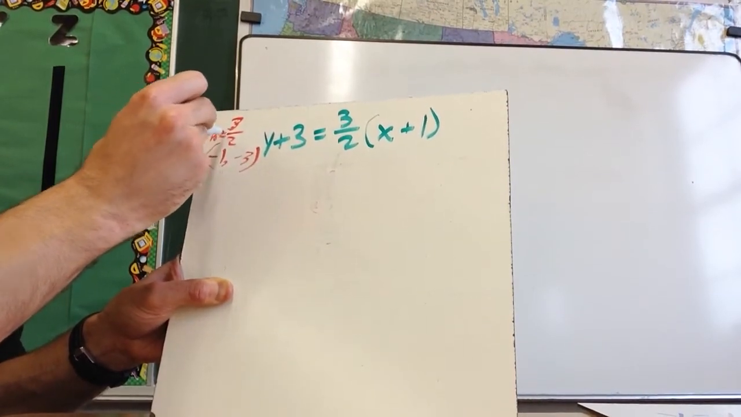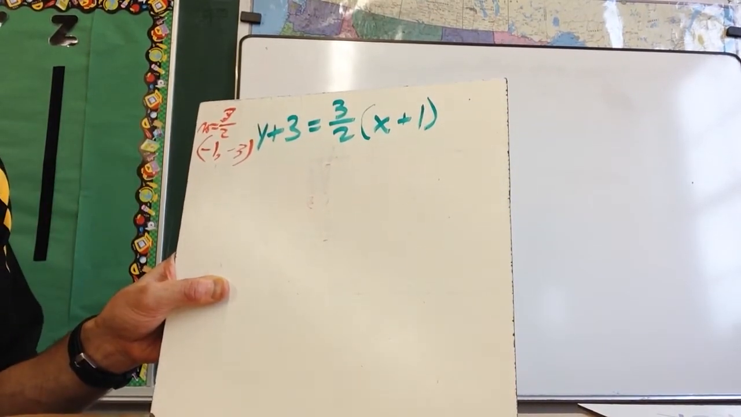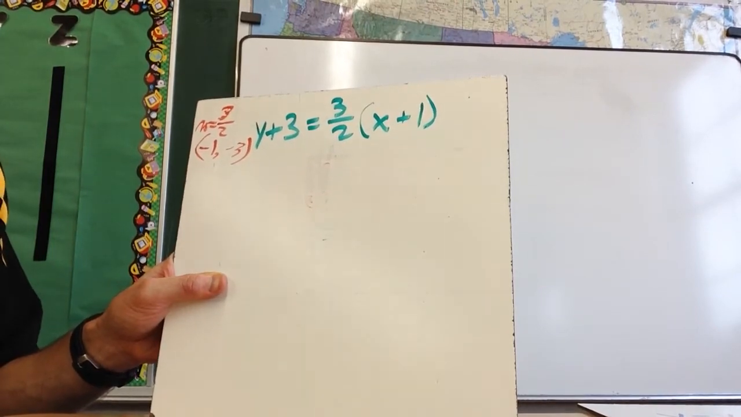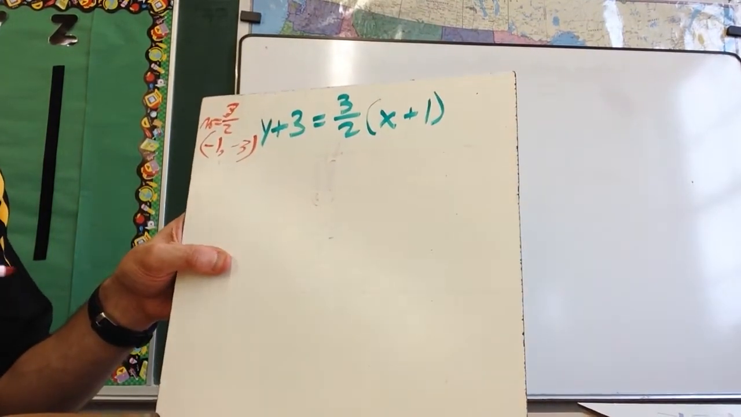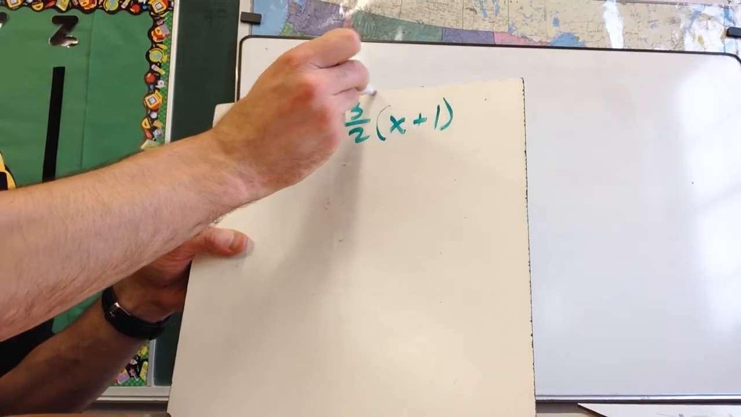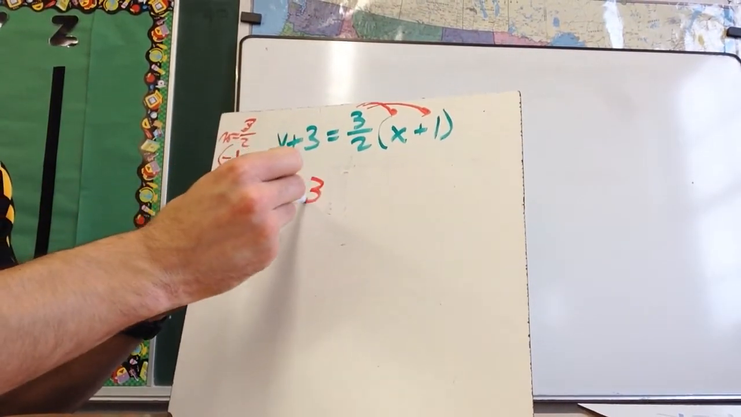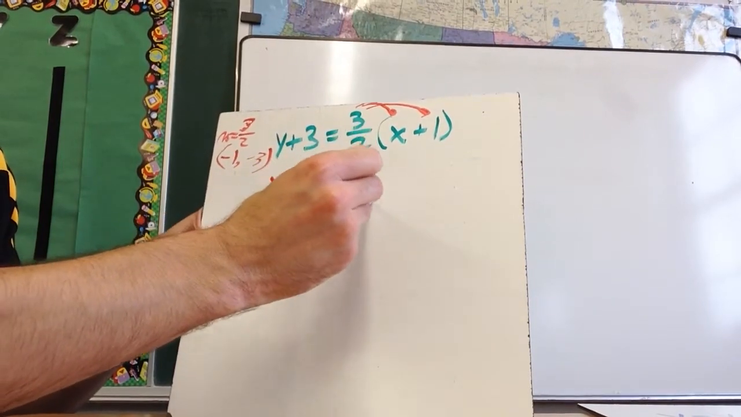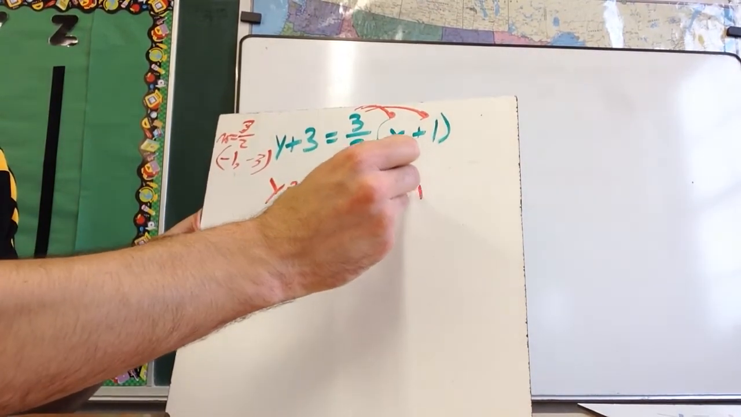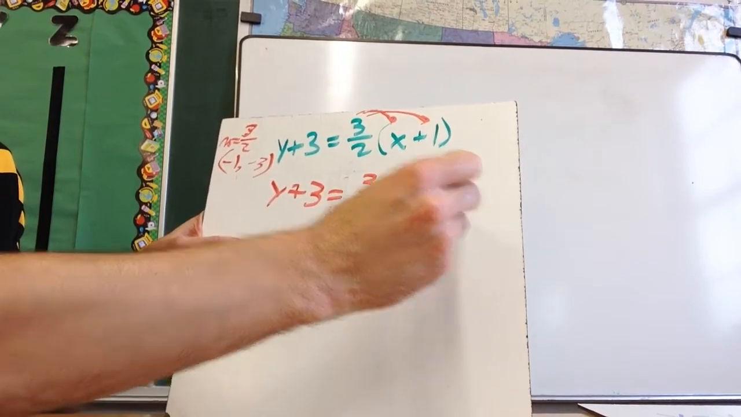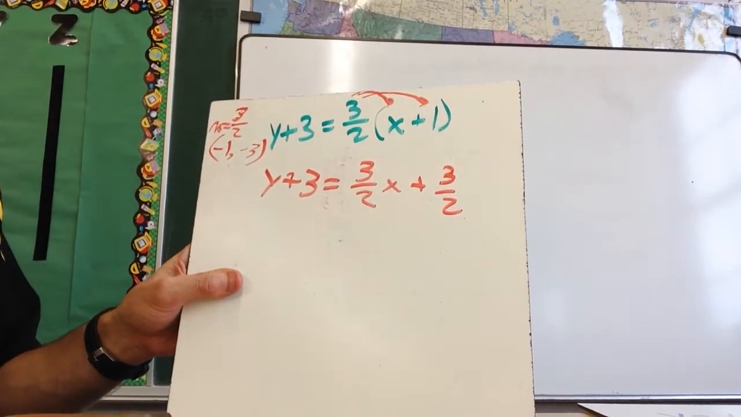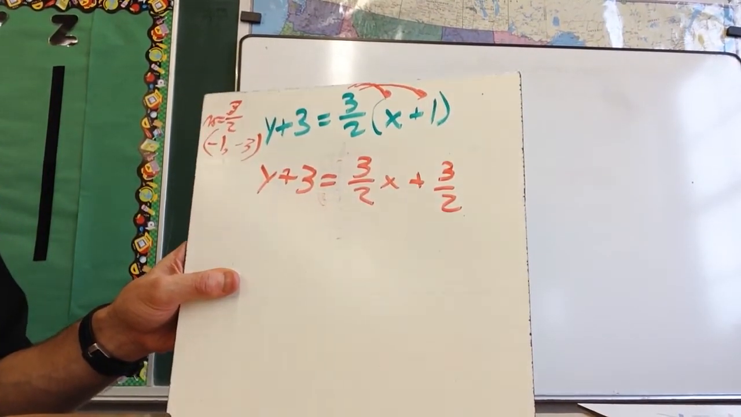That's the slope. But that's not what they're asking me. So what they're asking me is to make this into y equals mx plus b. So what I'm going to do is I'm going to take this, I'm going to distribute it, and so I go y plus 3 equals 3/2 x plus 3/2. Now again, I could multiply everything by 2, but at this point there's really no point